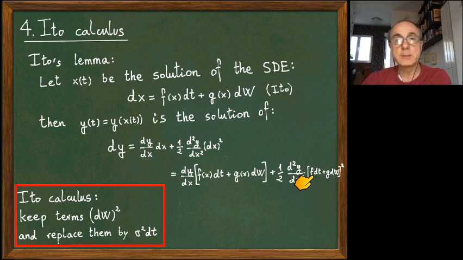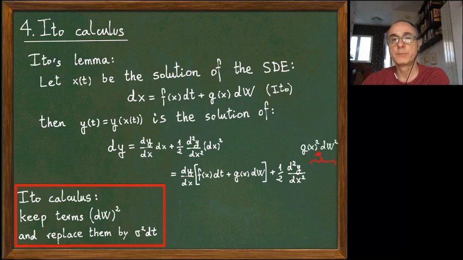But now analyze this term. We have the square of the first term, f squared dt squared, but this is dt squared, so we don't care about it; we only have to keep the dW squared terms. Then there is 2fg dt dW, which also vanishes. As I said, we cannot present here a rigorous proof, but you can imagine that the only problematic term, as we have seen, is dW squared. So here we only retain g squared dW squared, this one.